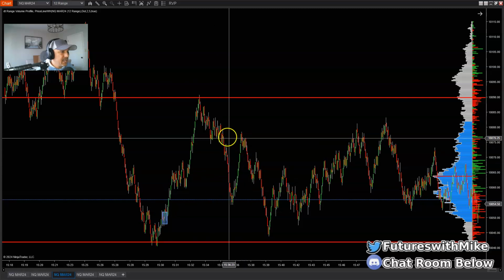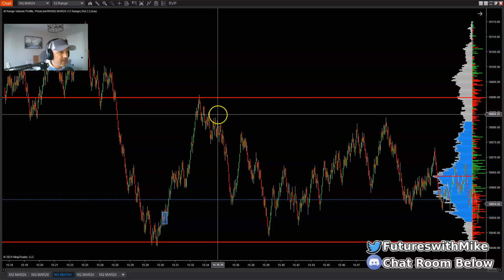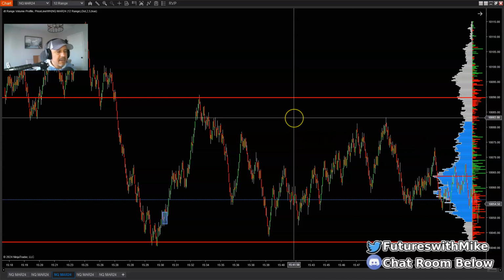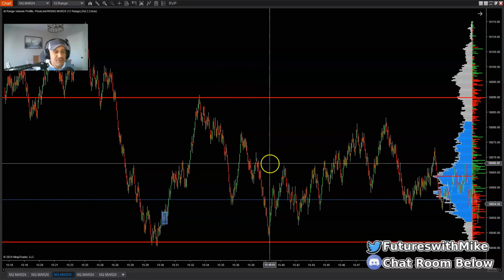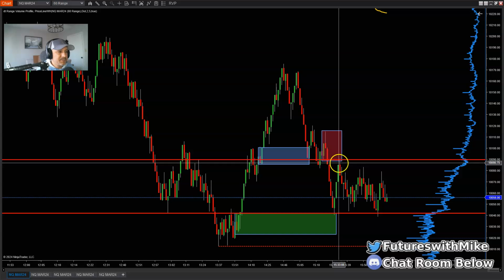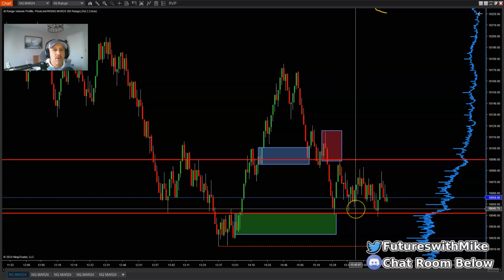Have my stop placed at the back end here at 83, a few ticks above it, and then see what happens from there. If it stops you out, then it stops you out. What do you lose? A couple ticks. But lock in profits. What I'm trying to say is, in both means of taking the demand setup back to supply and the supply setup back to demand, it works out beautifully.